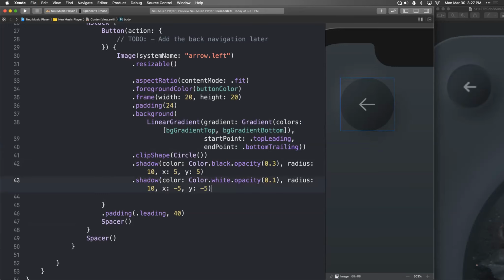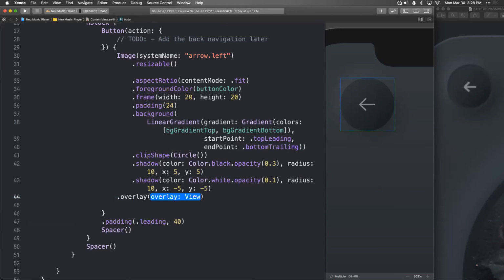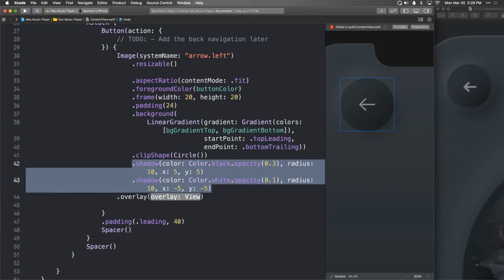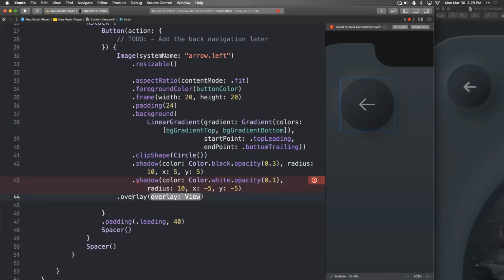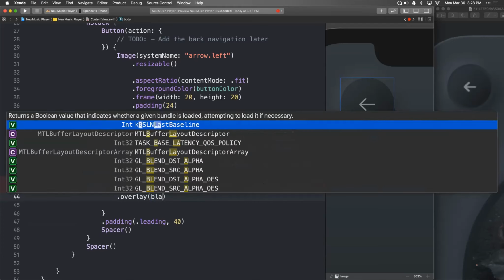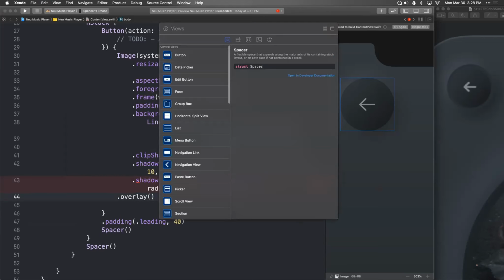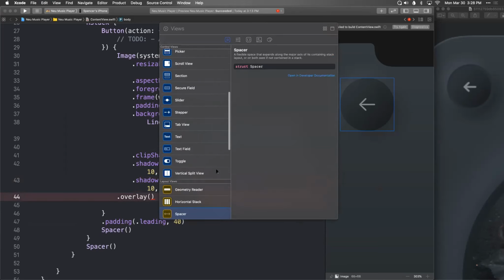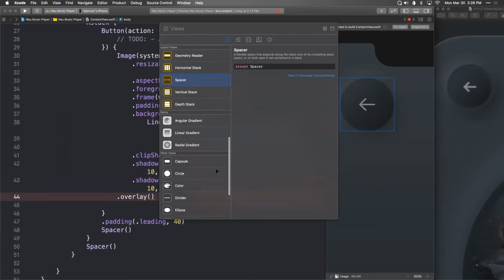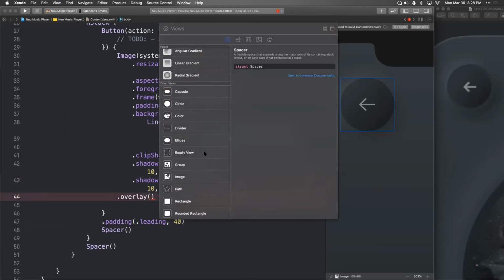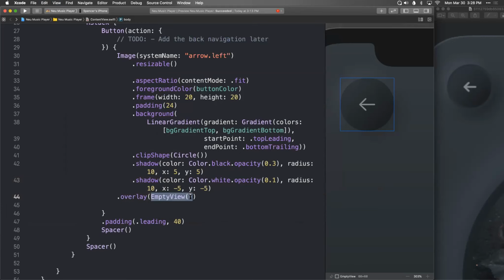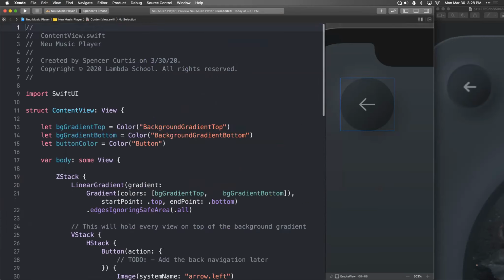Oh, I was more so talking in theory so far. Oh, gotcha, I see. No worries. Let's try this. Let's say overlay, and then I'm wondering if we can just do a... can we do a, let's see, what's it called? I think there's some sort of a blank view. I always forget what it's called though. Oh, empty view. So if we do empty view, add those shadows, but then go,